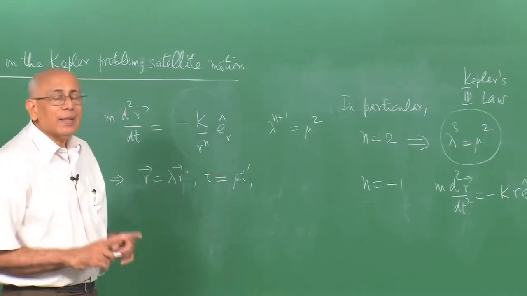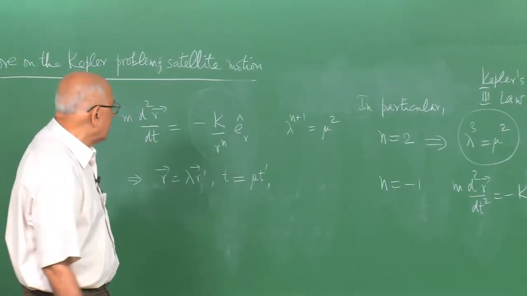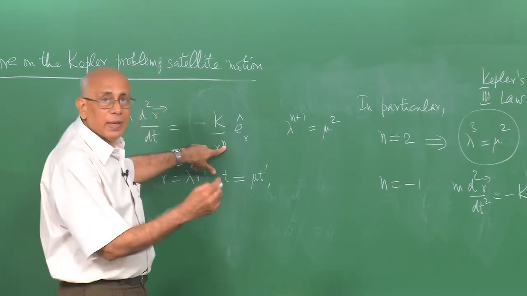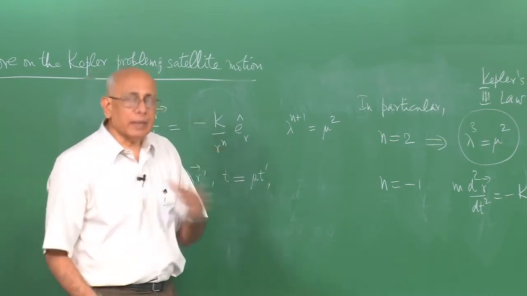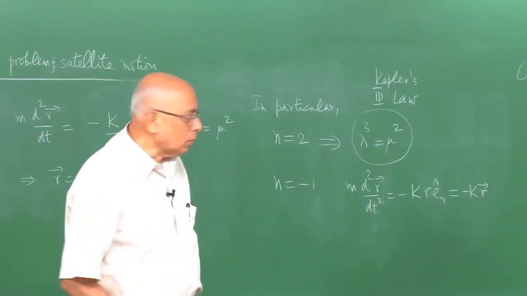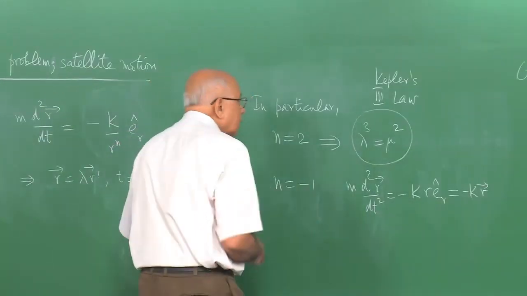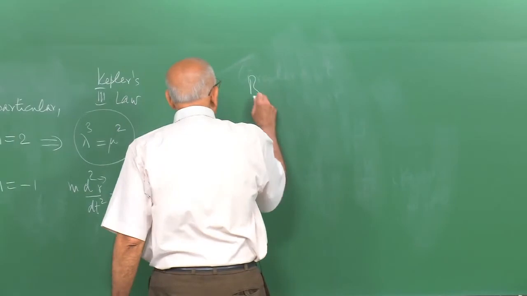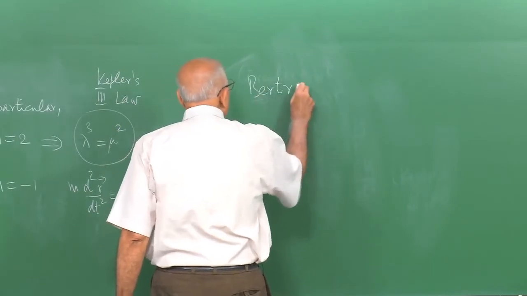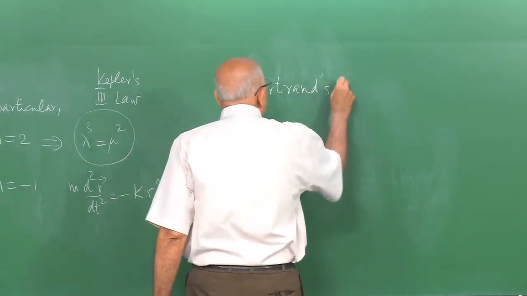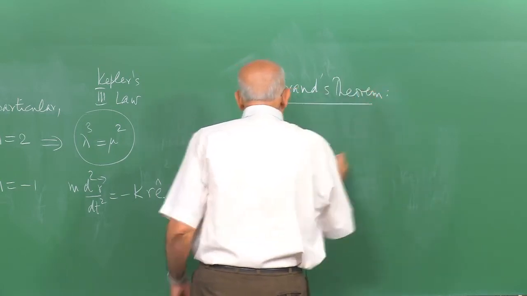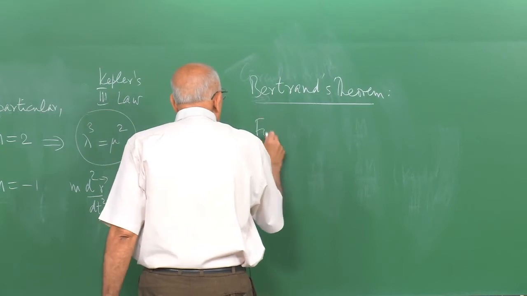Now one might get the impression from this argument that somehow for an arbitrary value of n, positive or negative, you have closed orbits. Not true, not true at all. In fact, it's much more rigorous than that. There's a theorem which has a name, so let me write this down. It's an important theorem called Bertrand's theorem, and it says for bounded motion,